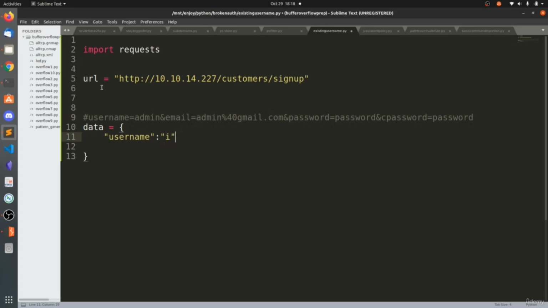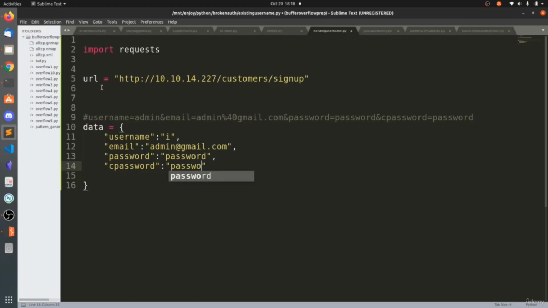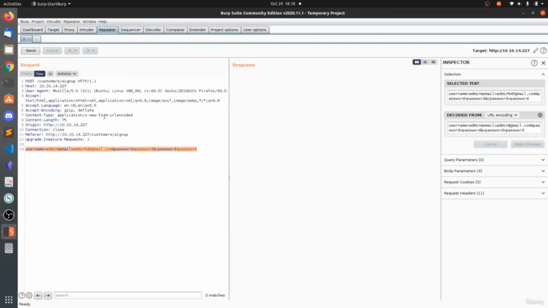We need to brute force this. Email and password is password, and cpassword, that is for confirm password. It's a password. So this is the data we need to send, and there is one header,